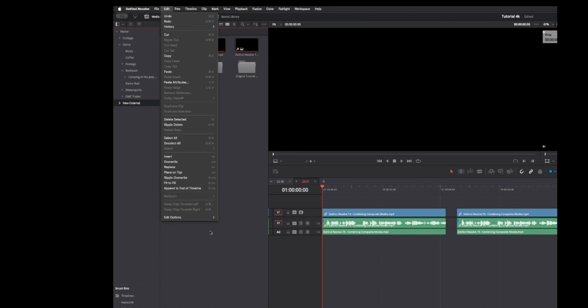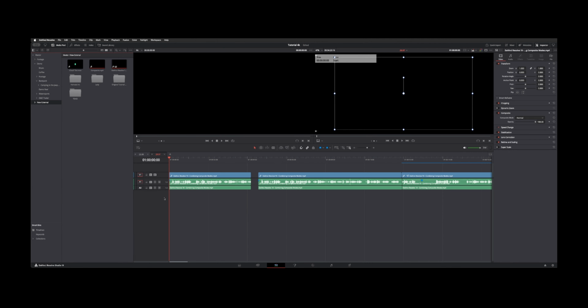Next up, under Edit Options, we now have an automatically create tracks on edit. So as you can see here, we have 2 audio tracks on the timeline. And if I have a clip that has more audio tracks, see if you guys have experienced this when you go to drag a clip down, this one actually has quite a few channels. And if we have that selected, it's now only going to make the 2 channels that came with that track. Whereas if we turn this off